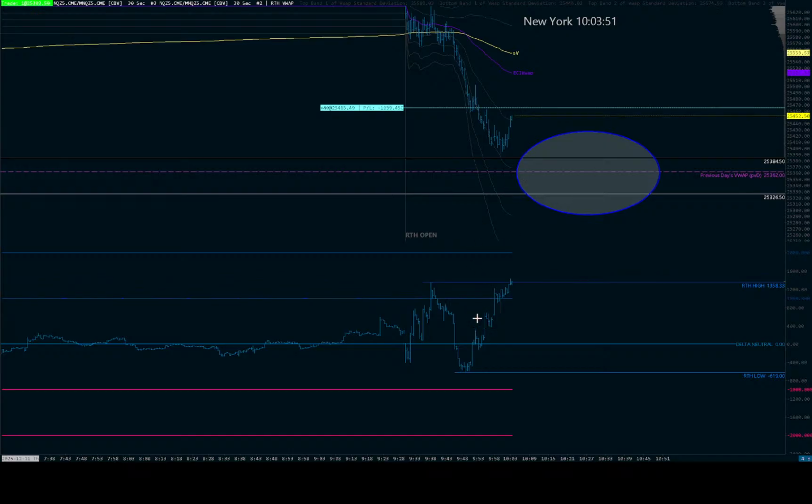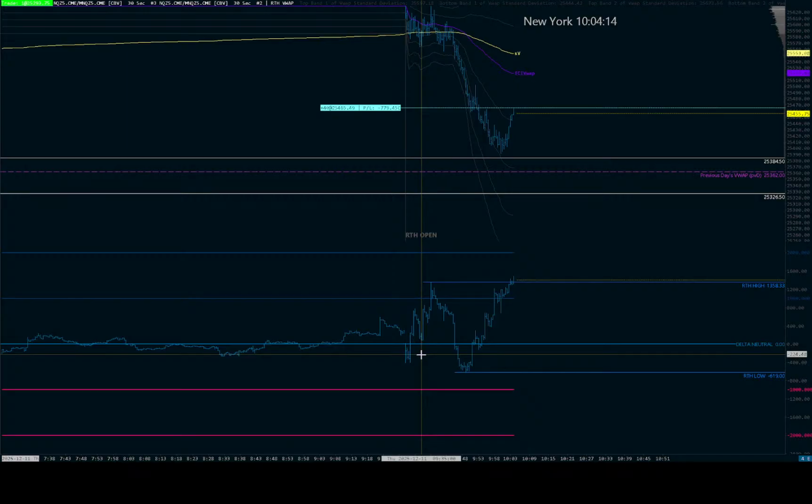And for me, with the RTH, if it's the overnight session and I'm trading the overnight, then yeah, I really pay attention to the ETH, the extended session delta. But once RTH happens, right, then I'm really looking at those market participants that happened from this point forward.